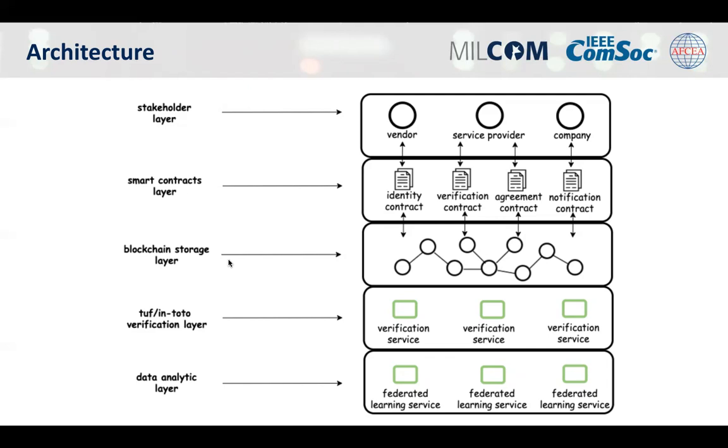Then verification contract, all the software update information and the supply chain information will be verified by using the verification contract. For the software update verification, we use the TUF framework, and for the supply chain verification of the software, we use the In-Toto framework. Then agreement contract, when a company purchases a software product of the vendor, the agreement will